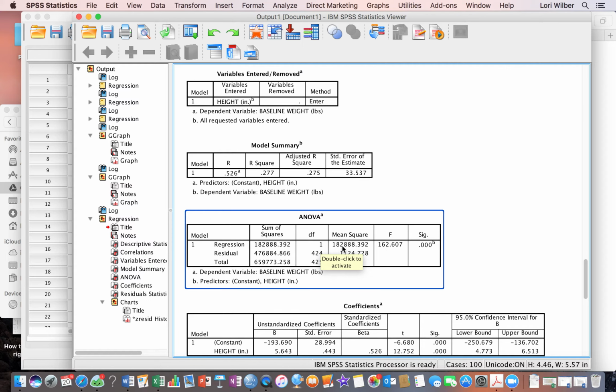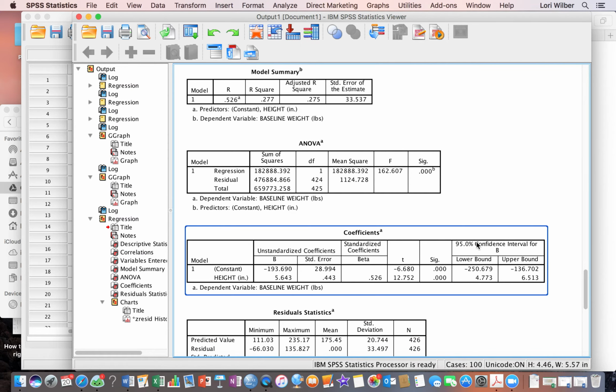In other words, 182,000 divided by 1,000, roughly. I'm rounding to describe it. But that gives us an F of 162, which is very significant. In fact, it's beyond where we're measuring to 3 digits of a p-value. And then this next one is the coefficients box. And this is actually the way we report simple linear and multiple linear regression in a standardized kind of paper, because what we're after is this beta coefficient,